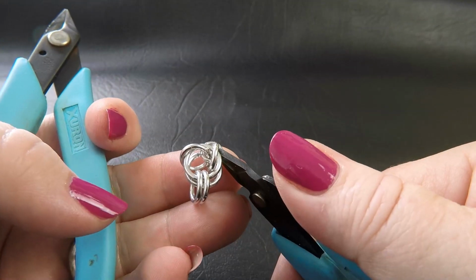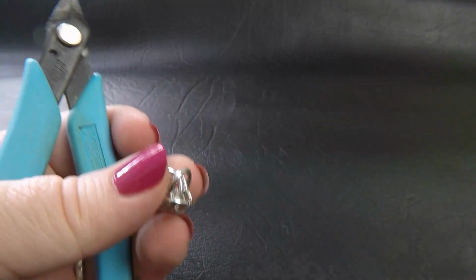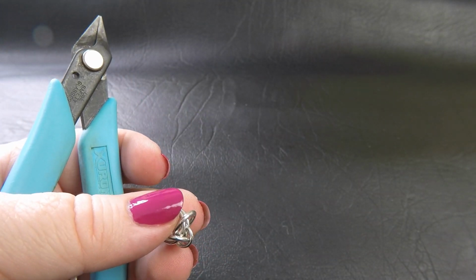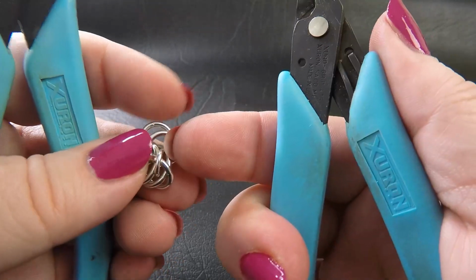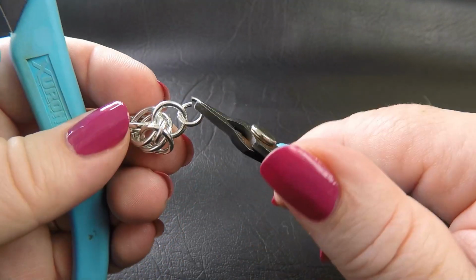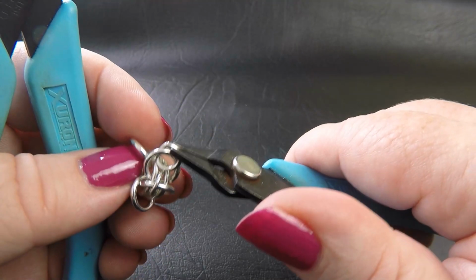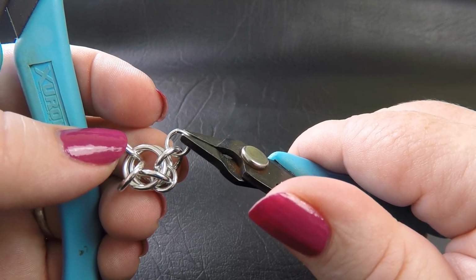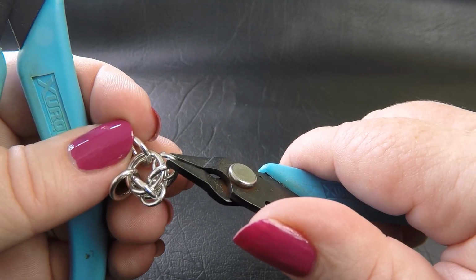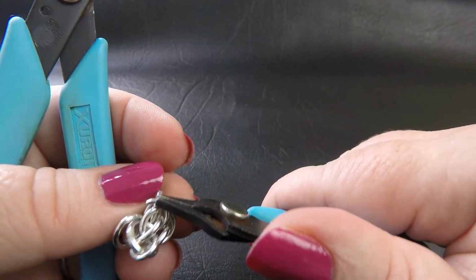Okay, and our work looks like this. Then we want to move around our work, take up another small ring. This time we're going to feed it through the second of our first pair. So it now becomes our vertical ring, and our next new ring becomes our horizontal ring. So going through our first ring, slipping down between our 2 large rings until we scoop up